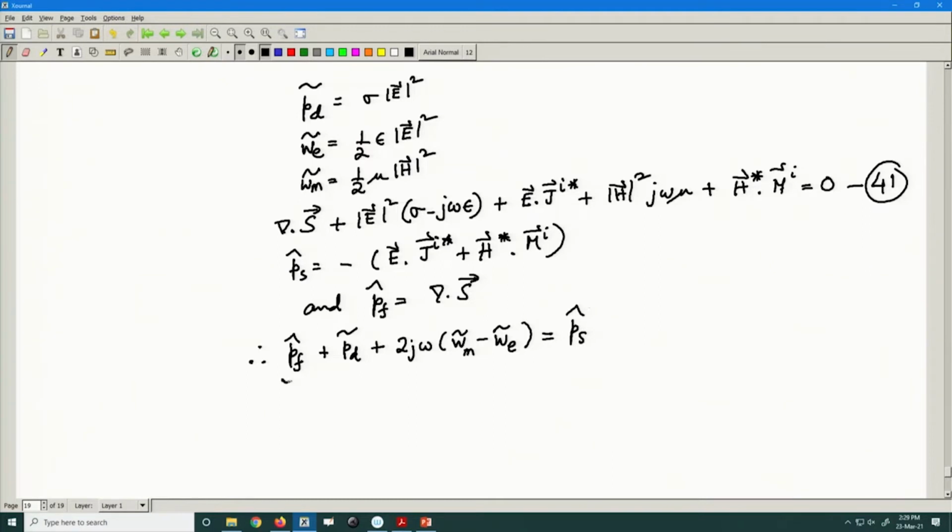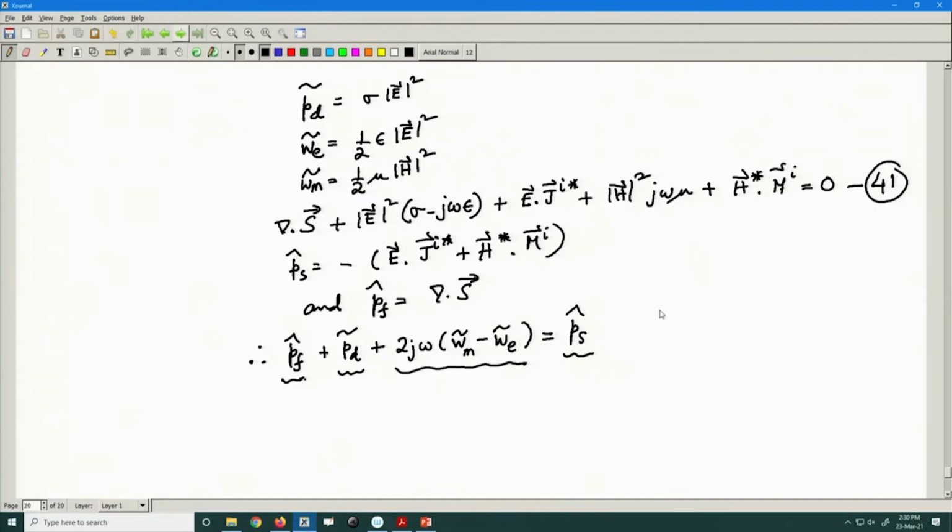So, this is the power flow term, this is the power dissipated term, this is the stored energy term, this is the power supply term. So, this is for a point relationship. Again this shows that the power supply term is broken up into the power flow, the power dissipated and the stored energy terms. So, now similarly